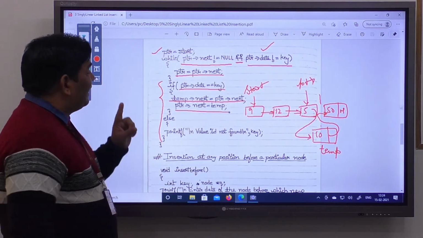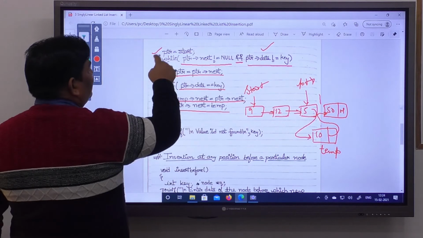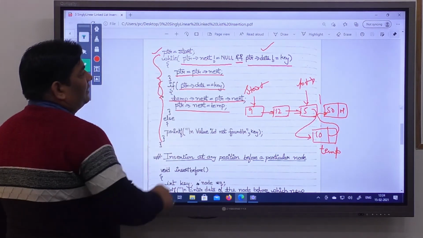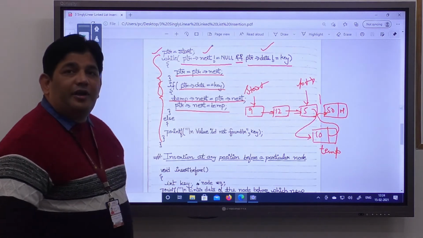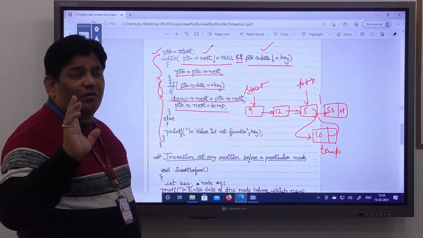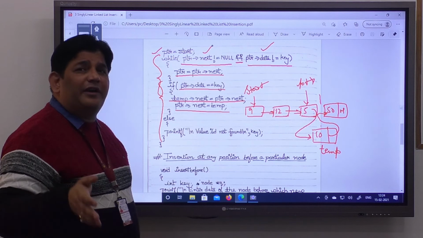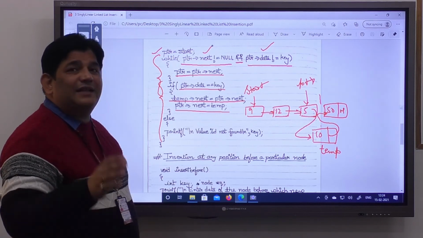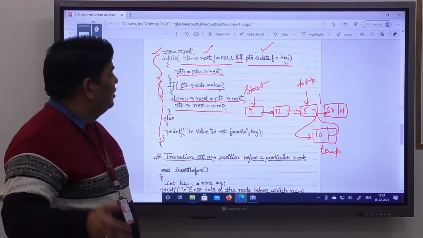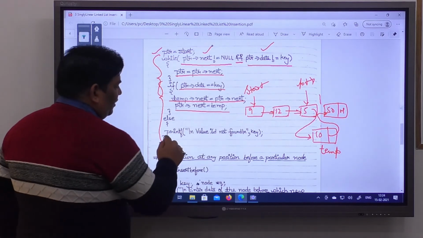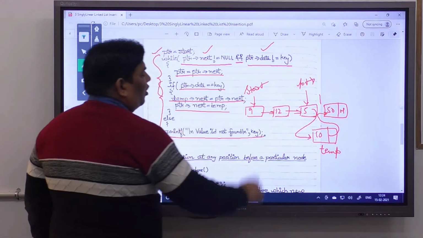One more thing: if this while loop is terminated by the condition that PTR next is equal to null, that means your PTR is pointing to the last node but you still have not found your data. So that key, after which you have to insert your data, is not available in the already existing linked list. In this case, the value is not found.